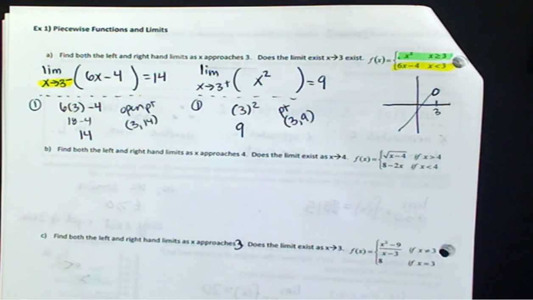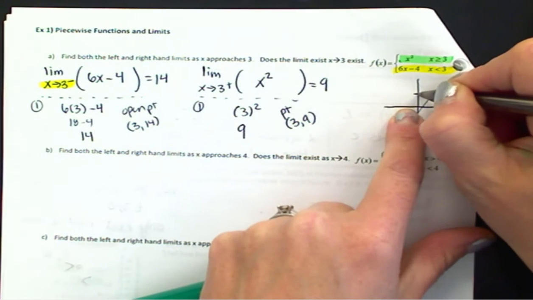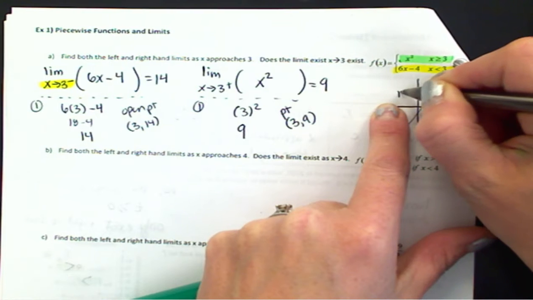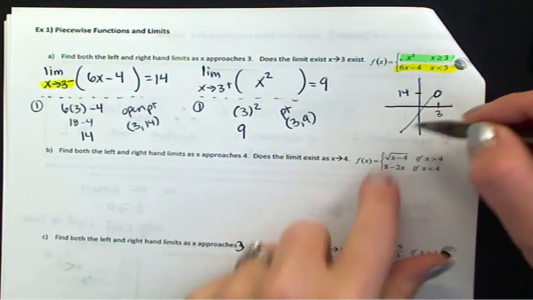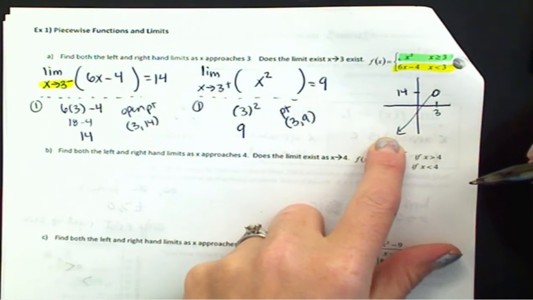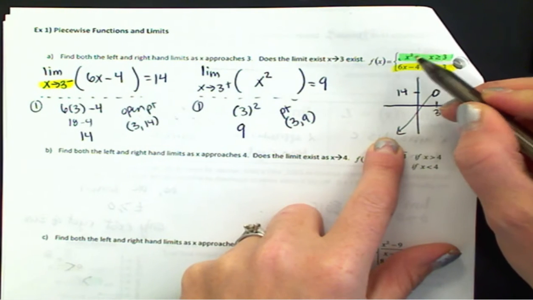Sketch. I'm not really labeling the points here. Just a little sketch. All I'm going to do is check that endpoint, which would be at 3, 14. Open. Positive sloped line to the left of 3. Okay? Notice that I have the endpoint labeled. Okay? X squared